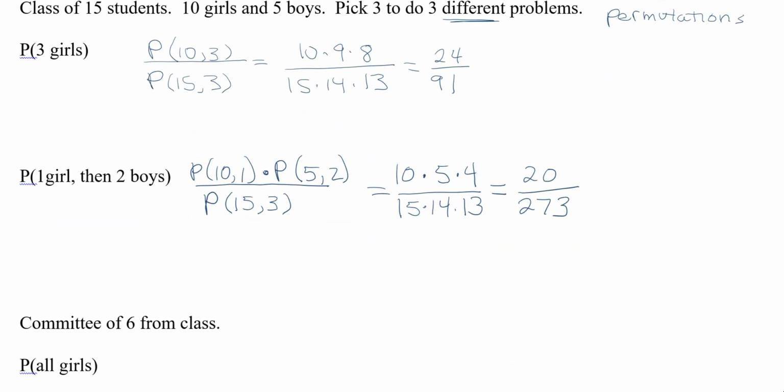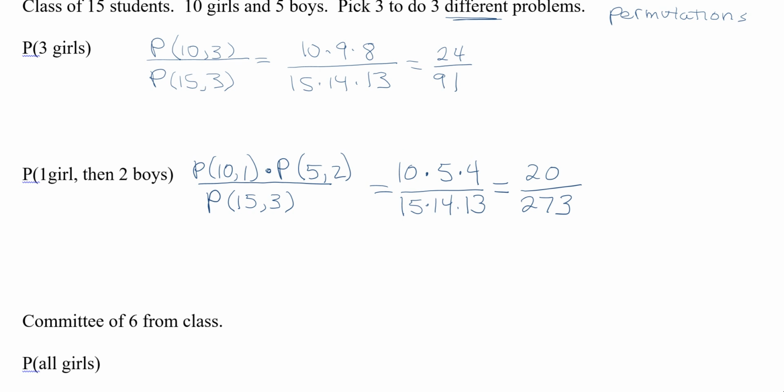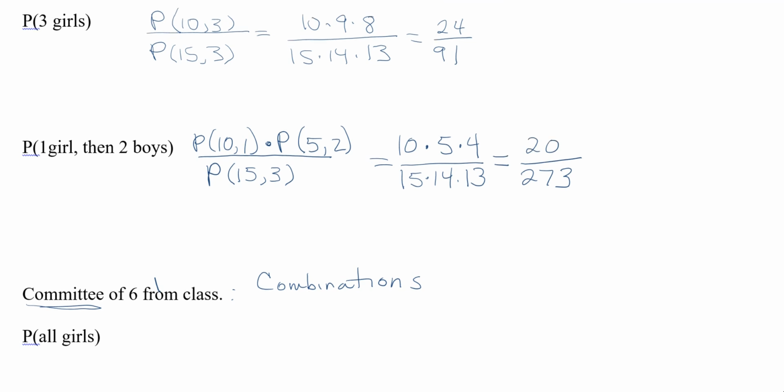Now, instead, if I want a committee from the class, a committee of 6 from the class, committees are combinations. Order does not matter. And so, if I want the probability of all girls, this time, my sample space is going to be combination 15, 6, and for girls it would be combination 10, 6, and so